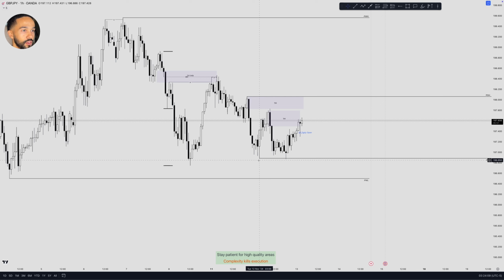So that made this low weak because it made that lower high. We have gone and taken out that weak low there, but we closed as a sweeping candle. Therefore, we have now pulled back. All right, we still have this possible weak low here that I would like us to head towards to follow